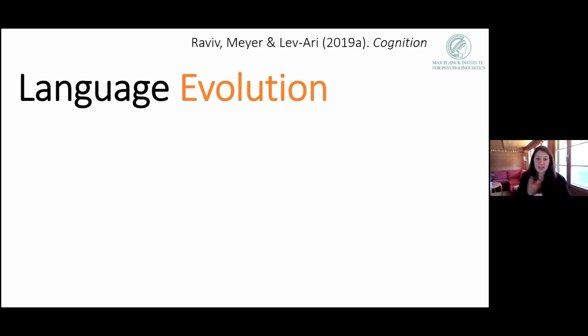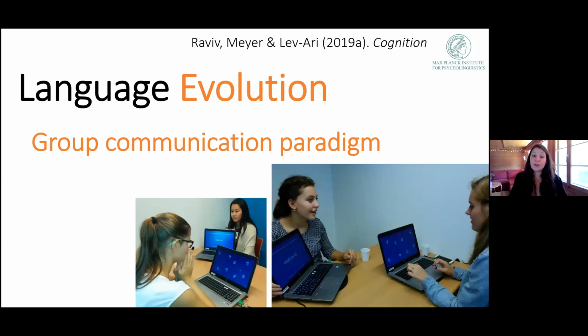And I wanted to test how languages can evolve in a community from scratch due to interaction. So how does grammatical structure emerge? To do this, I developed this group communication paradigm for testing how grammatical structure emerges and then spreads in a miniature community. So what I did was to bring participants to the lab and to ask them over the course of several hours, it was a pretty long experiment, to create a new artificial language to communicate with each other. And people in the same group interact with each other basically about different types of novel scenes.